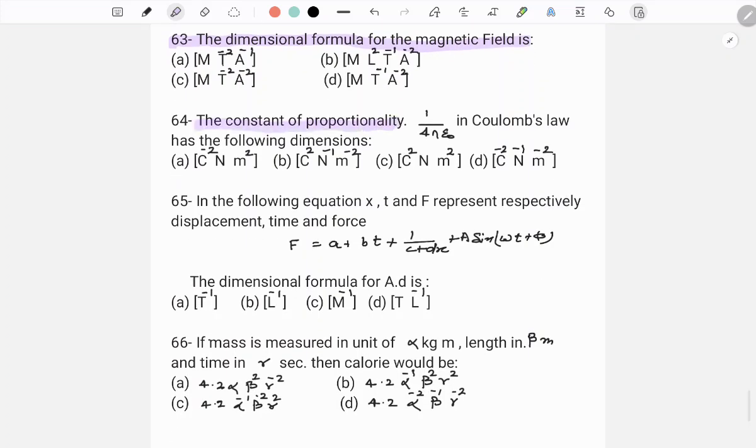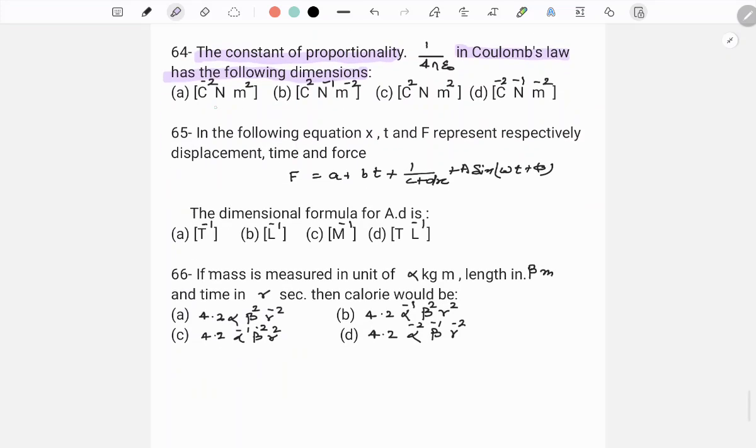The constant of proportionality 1 upon 4 pi epsilon dot in Coulomb's law has following dimensions. 65. In following equation x, t and f represent respectively displacement, time and force. F is equal to a plus bt plus 1 upon c plus dx plus a sin omega t plus phi. The dimensional formula of a into d is